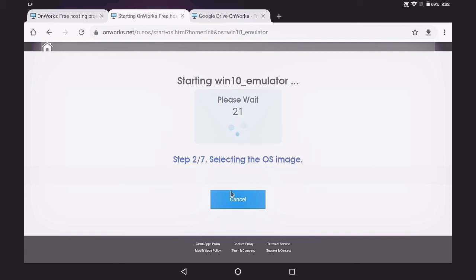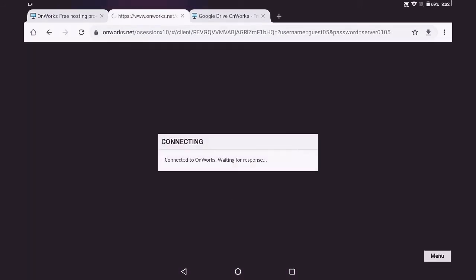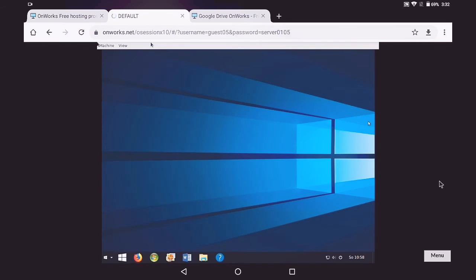But if you want, you can do it at the initializing step too. That's not a problem at all. So this is a totally complete session for me, granted by the OnWorks website. Right now I am going to the more option and enabling the desktop site.